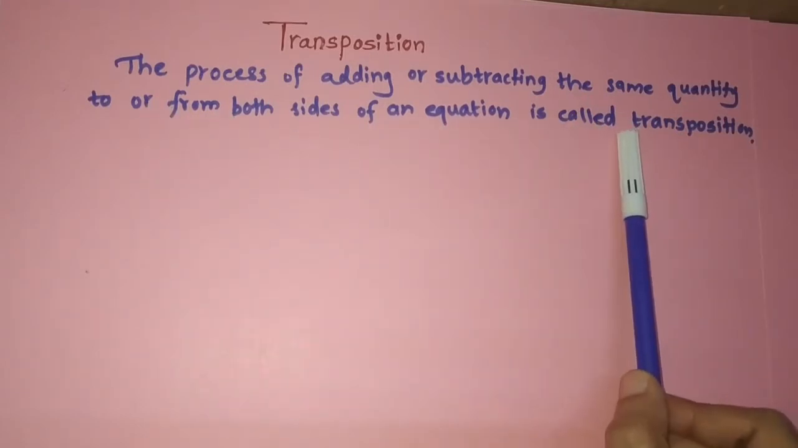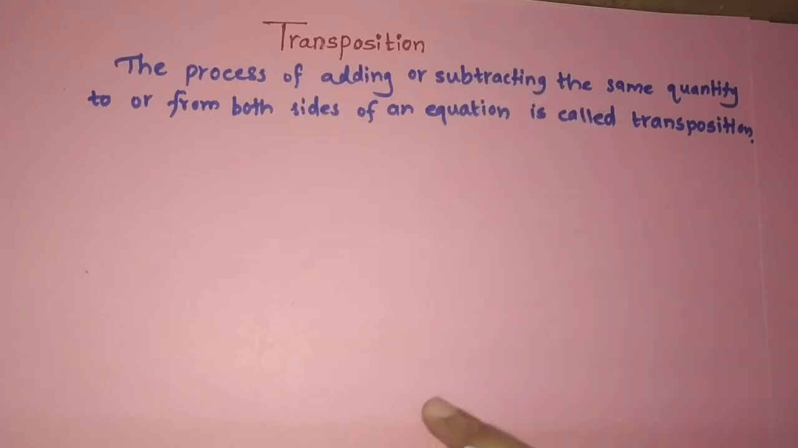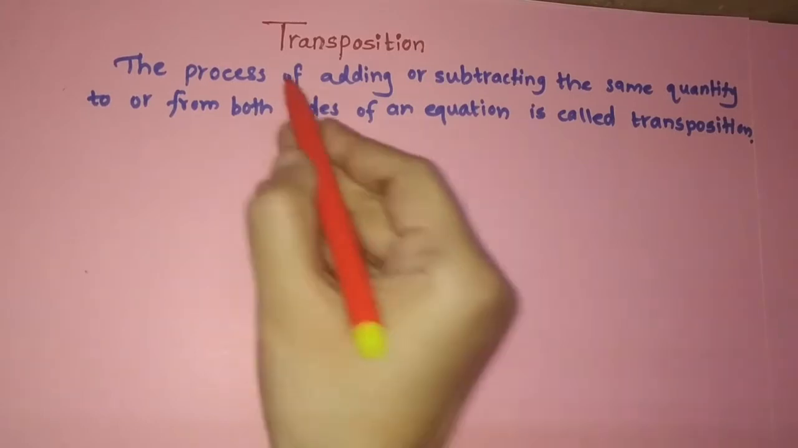is called transposition. Friends, in our last video we explained that an equation is going to be balanced if you add, subtract, multiply or divide by the same quantity. Whatever operation you perform on the right hand side, you have to perform on the left hand side in order to keep LHS equal to RHS. So for that purpose, now we are going to find the root or solution of an equation. For example, we have a question: solve the equation